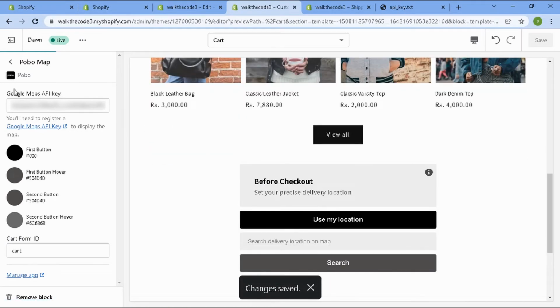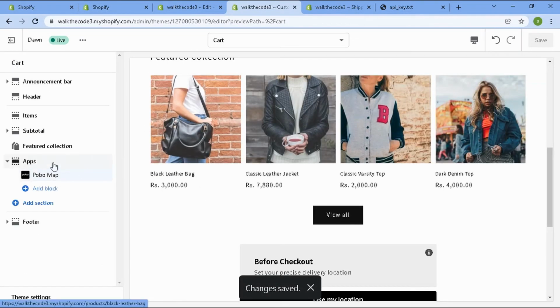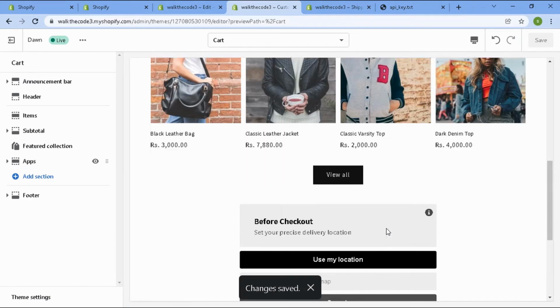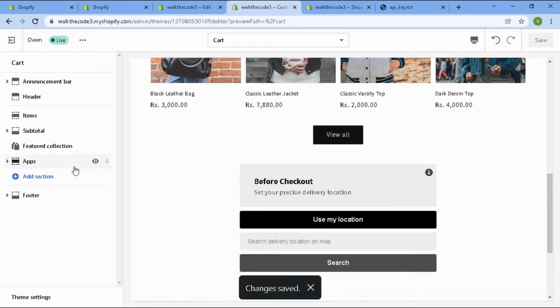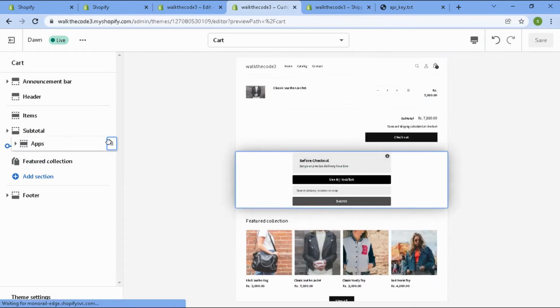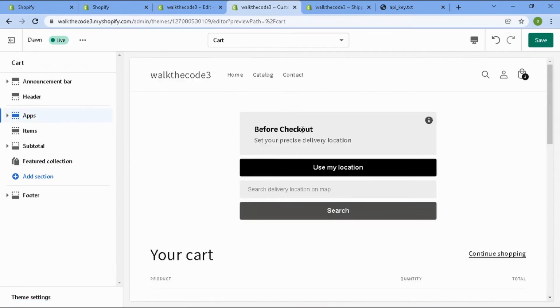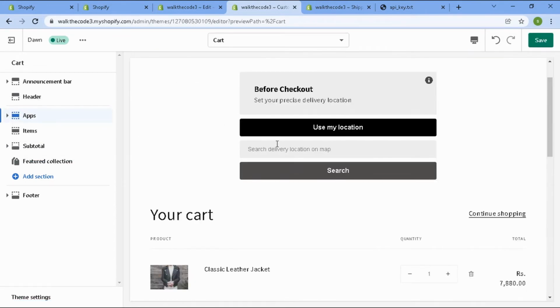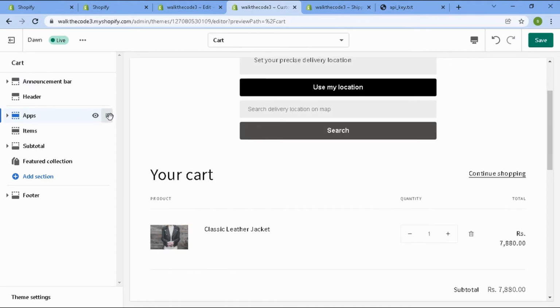So right now you can see that this section is at the very bottom, but we want to reposition this section. So simply hover over these 6 dots that you see and place it right after header. No, I will place it right after items.